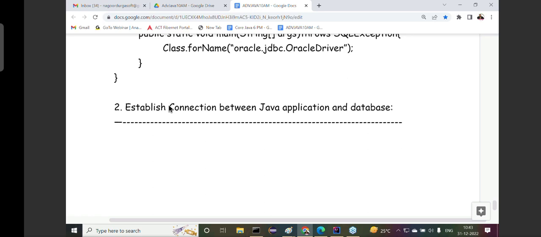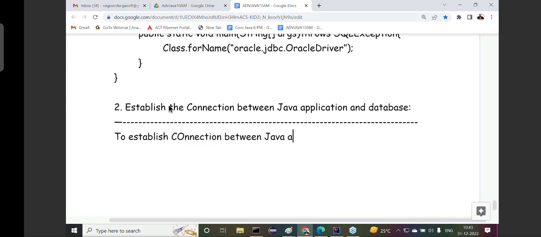Establish the connection between Java application and database. Observe carefully, all of you know. Connection in the sense, socket connection between Java application and database. Right, sir. To establish connection between Java application and database,